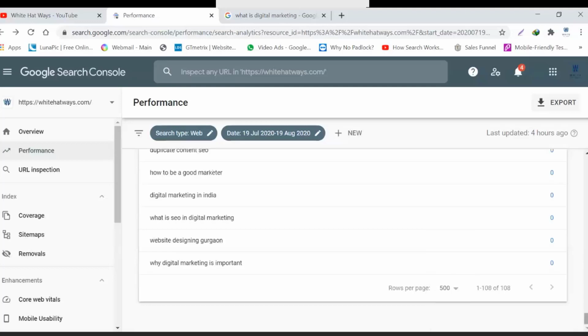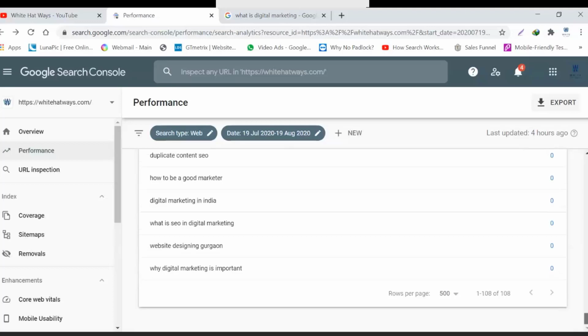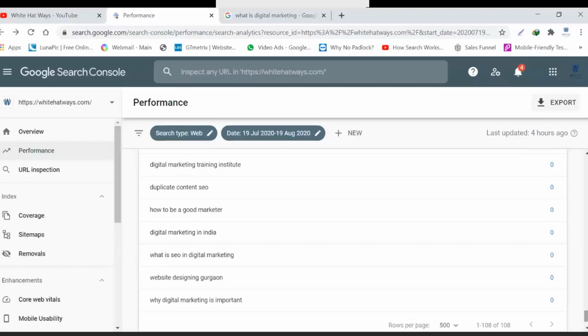So you can see why digital marketing is important. This is one of the queries which I got. Now from here, what is the use of this section? What I can gauge is that why digital marketing is important is something people are looking for.